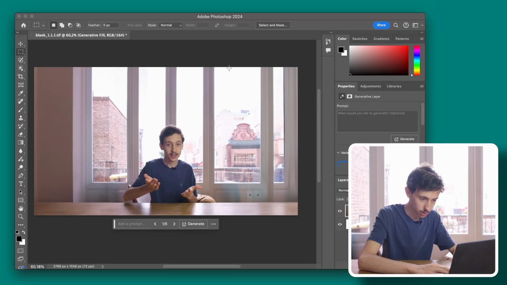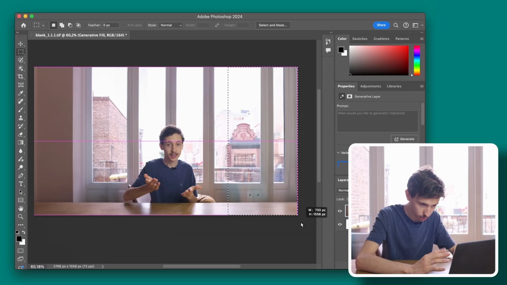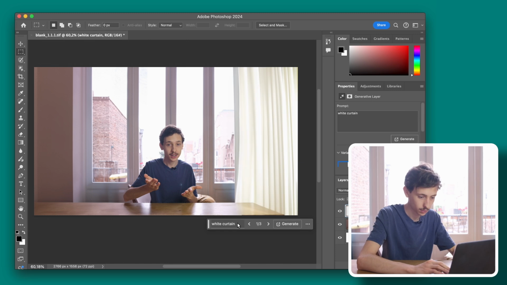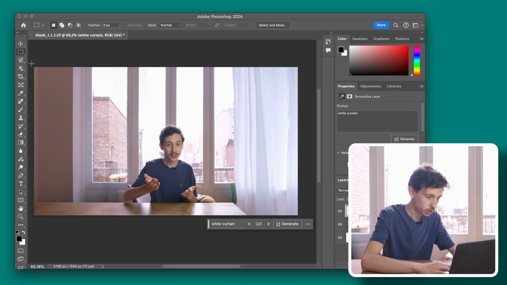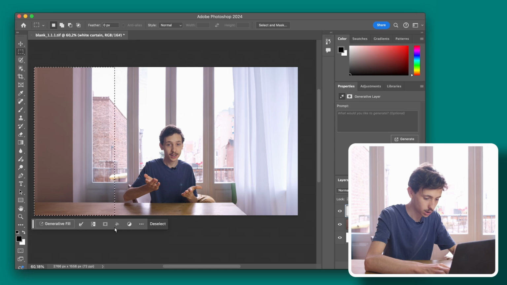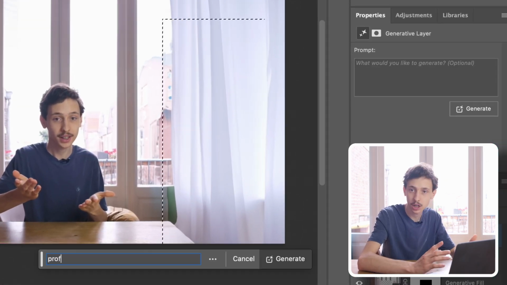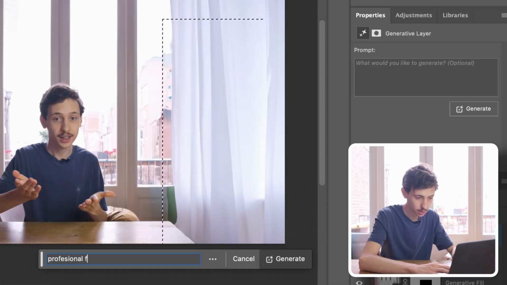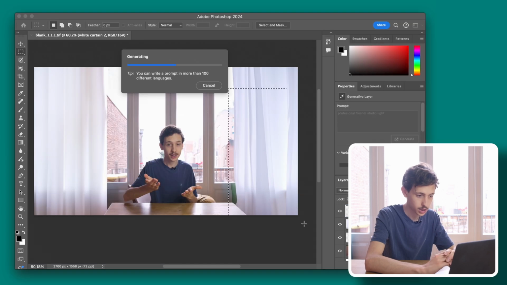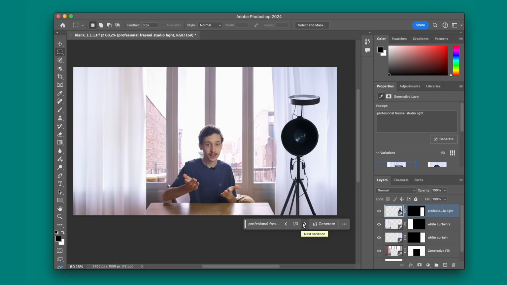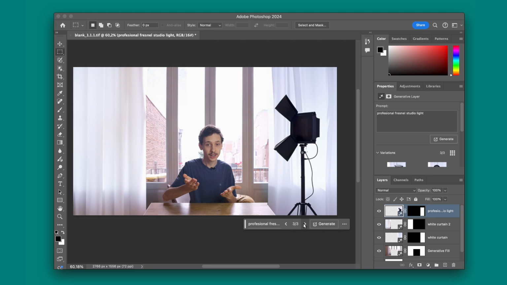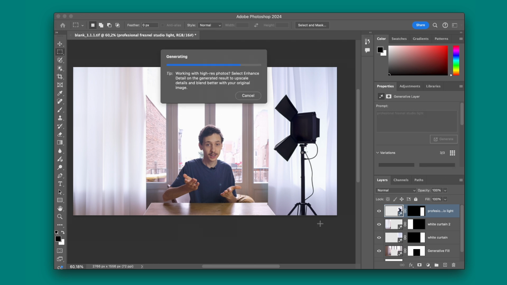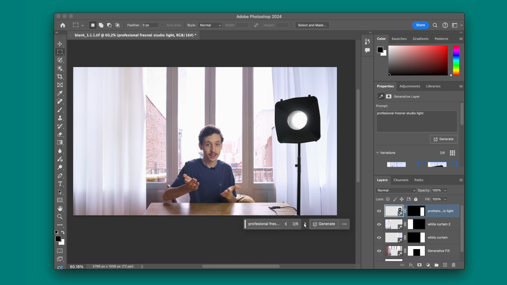I want to add some white curtains to cover the windows. This one looks good, and I'm also gonna add one on the other side. Okay, now I want to add some kind of a studio light here on the right. Fresnel studio light. Something like that. As you can see, I had to try a couple of times before I got what I wanted, a realistic studio light. And this is really what this is, going back and forth with the AI until you get what you want,